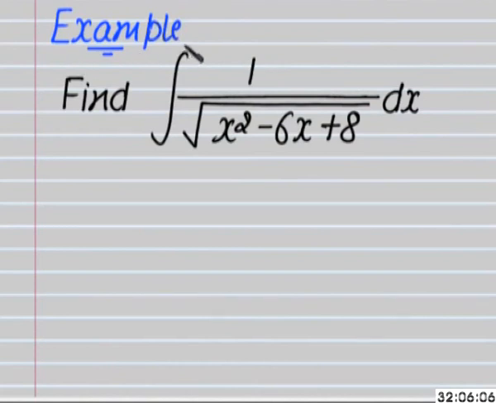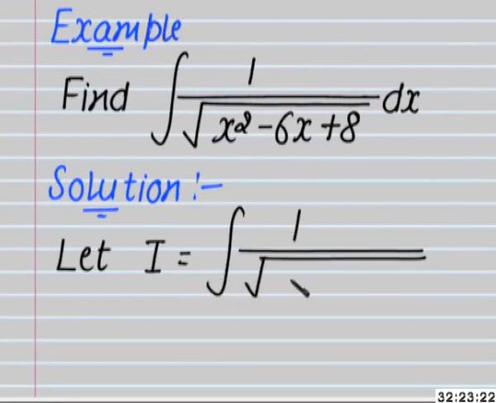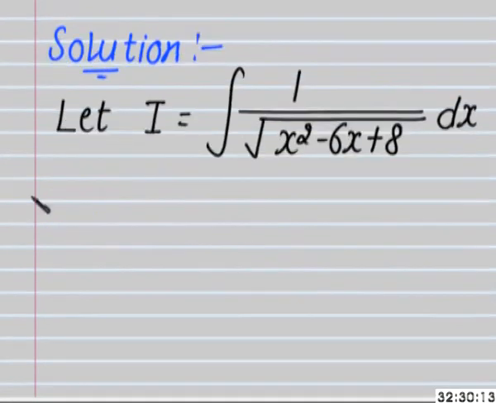Now let's see another example. Find the integral of 1 upon square root of x square minus 6x plus 8 with respect to x. Now its solution. Let I is equal to integral of 1 upon square root of x square minus 6x plus 8 with respect to x. So first of all, x square minus 6x plus 8 can be written in the perfect square form as